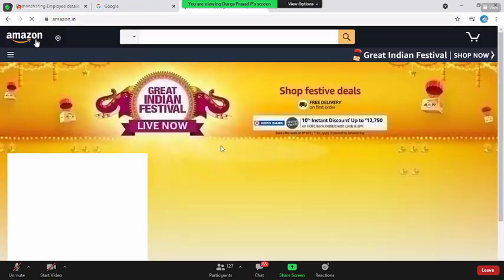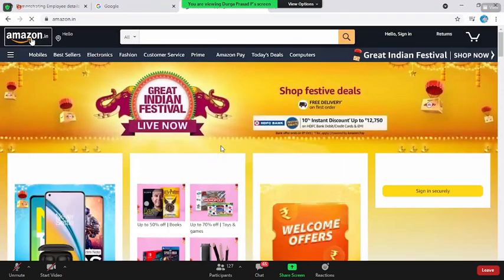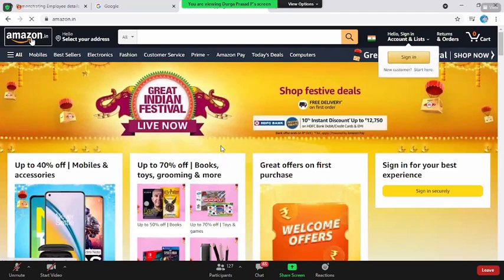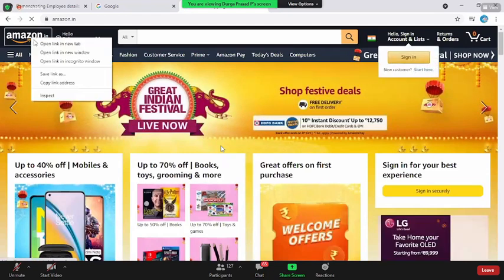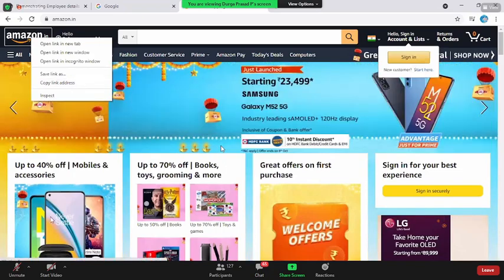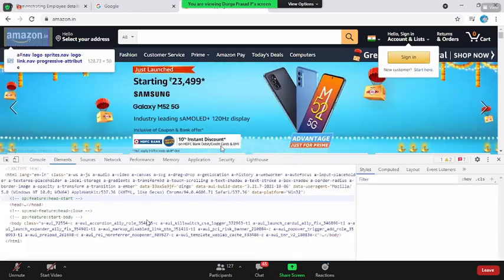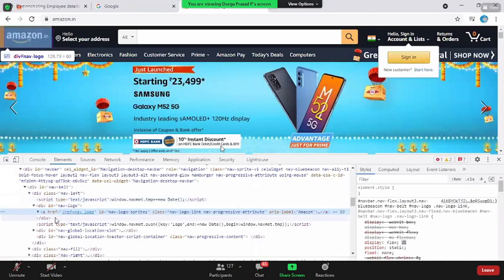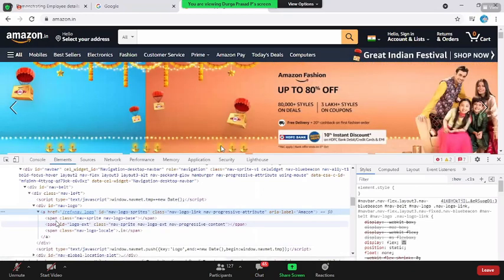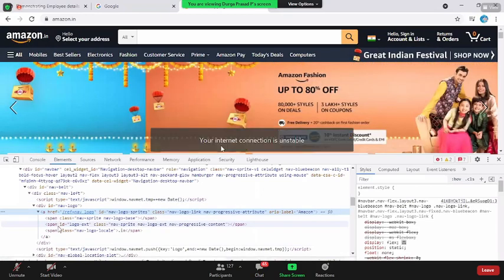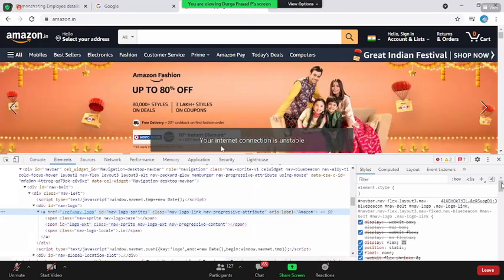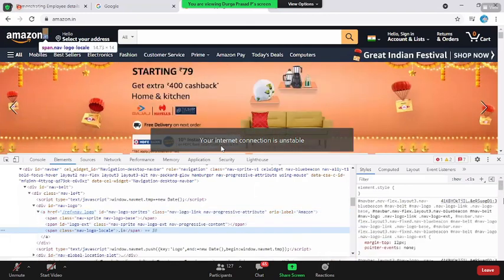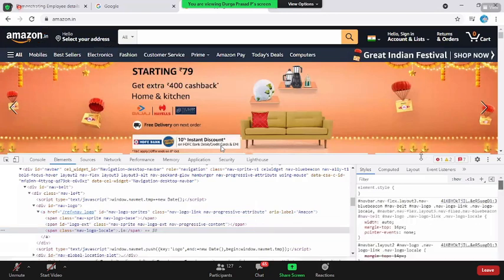Let's go for Amazon. Do you see the logo that you have? Is it a static image or dynamic image? Static. Let us see what the image is. If you go here, are they using any type of image tag? No, boss. Let us see this anchor tag, and under that the span. Okay, now you see, there is a background image here.